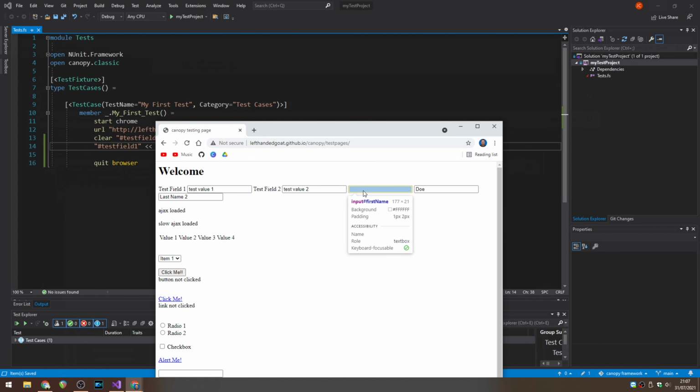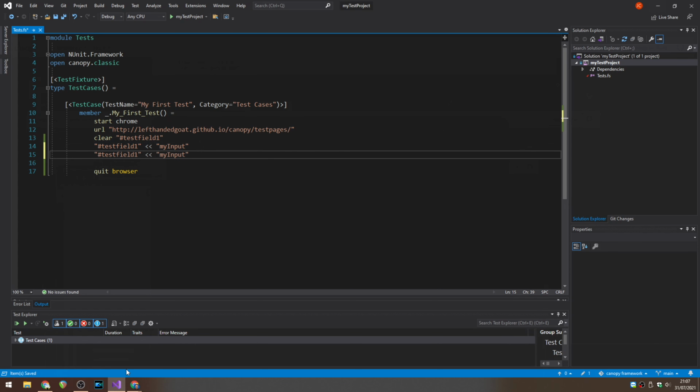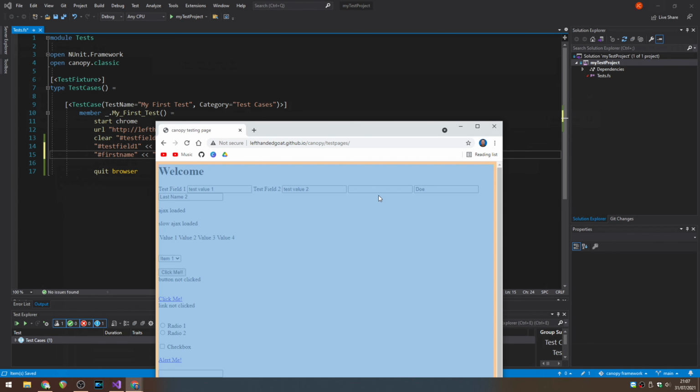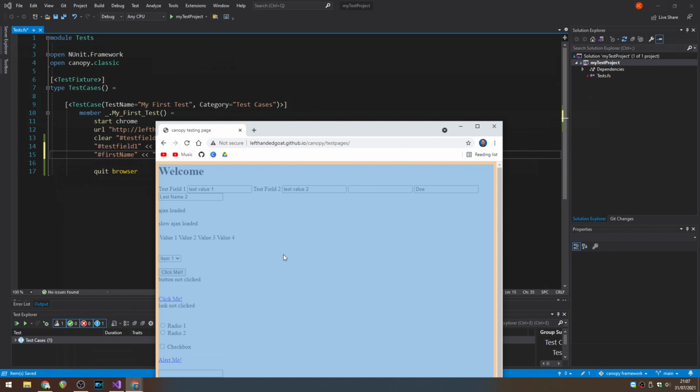We can also do the same with first name, which is actually blank when you load the page. So we don't need to clear that one. We can just put a name in there straight away. So again, let's just take that. And on the next line, we'll do first name. I think it was like that. It's case sensitive, so you need to make sure you get it right. So capital N actually. First name, and put my name in. Okay,